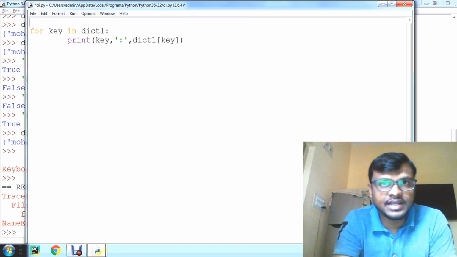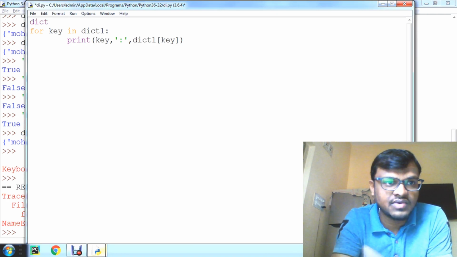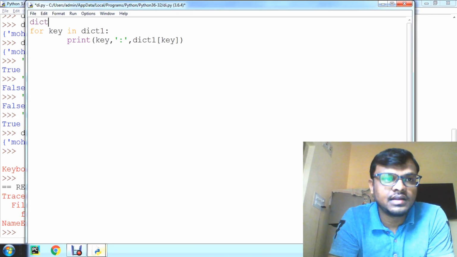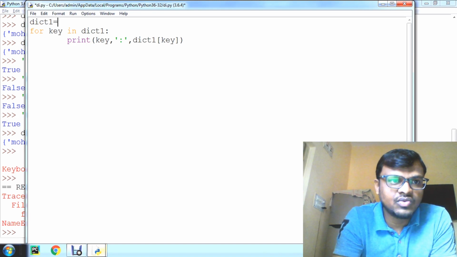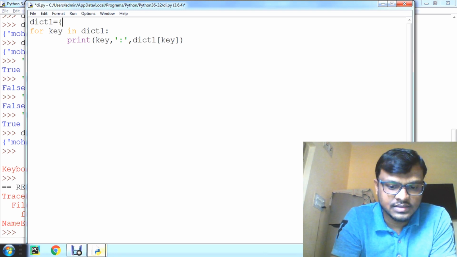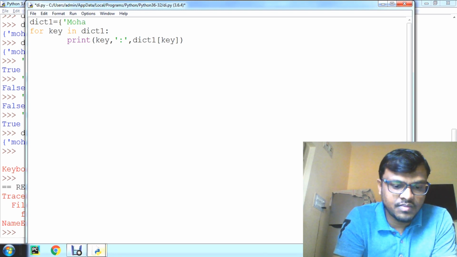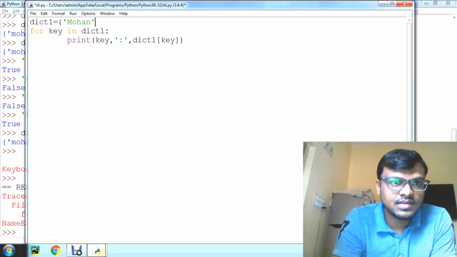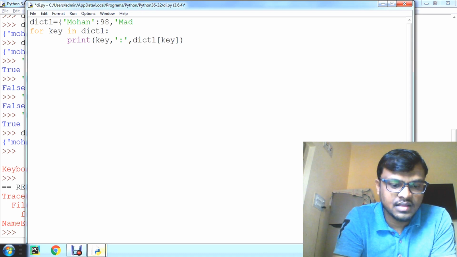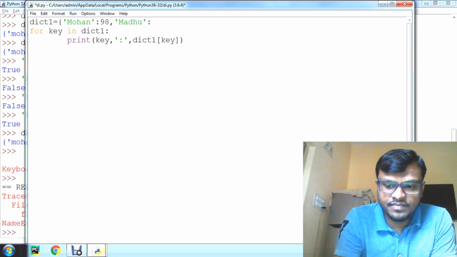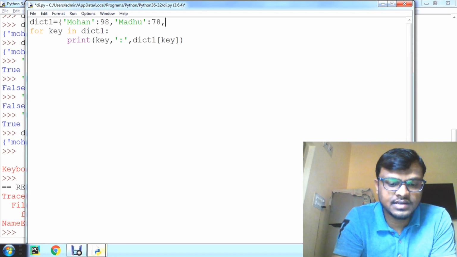We need to create the dictionary here because I was in interactive mode before. Now I came to this one, dict1 is equal to, so create Mohan, some value I am going to create 98. After that Madhu 78.